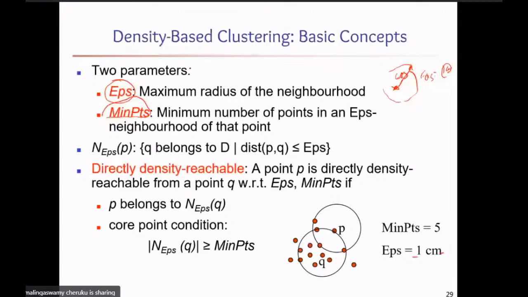Epsilon and the minimum number of points are two hyperparameters. What are hyperparameters? These two hyperparameters are supplied by the user, the programmer, or the one who is dealing with this algorithm. So retrieve all the density reachable points from P with respect to epsilon and the minimum points. If P is a core point, a cluster is formed. Once this cluster is formed, you can merge this cluster with another cluster. If P is a border point,